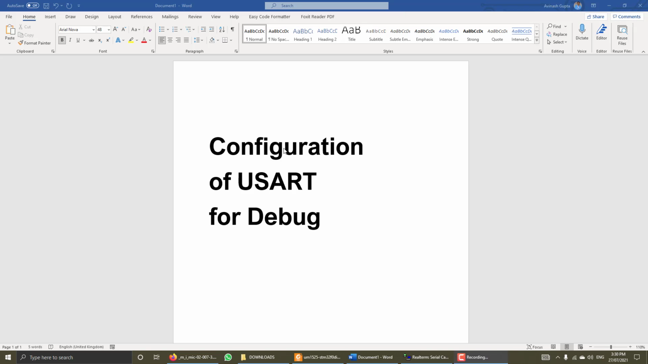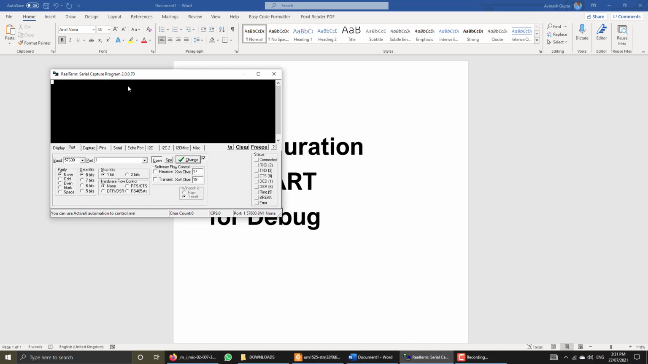In this part we will see the configuration of USART for debug purposes. We will configure the USART for debug, and using this USART we will send data serially to our computer where we can view them on terminal software like Realterm, and we will be able to send debug messages like log messages and contents of the variables, contents of the registers through the serial port and out of the microcontroller to